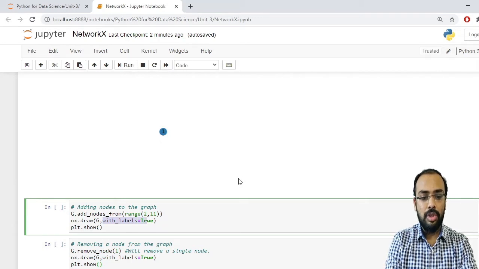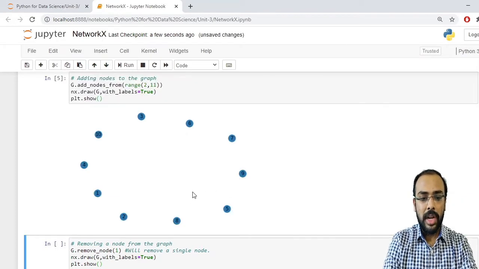And I want to show this graph in my Jupyter notebook. So I have the plot object of matplotlib, so what I have to write is plt.show. So what will it do? It will display a graph in your Jupyter notebook. So let us run this. Now you can see here it has created nodes from 1 to 10.